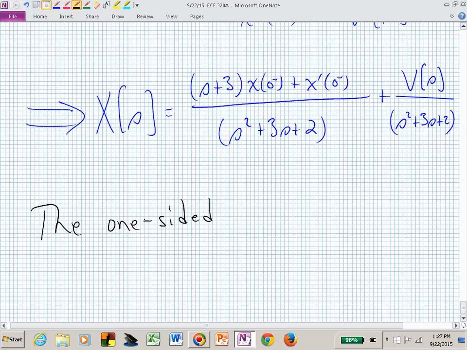Just one side, not two-sided. So the sides refer to t equals 0. We had one side from 0 to infinity. We would have two sides if we went from minus infinity to plus infinity. We're just doing the one-sided Laplace transform. The one-sided Laplace transform is nice because